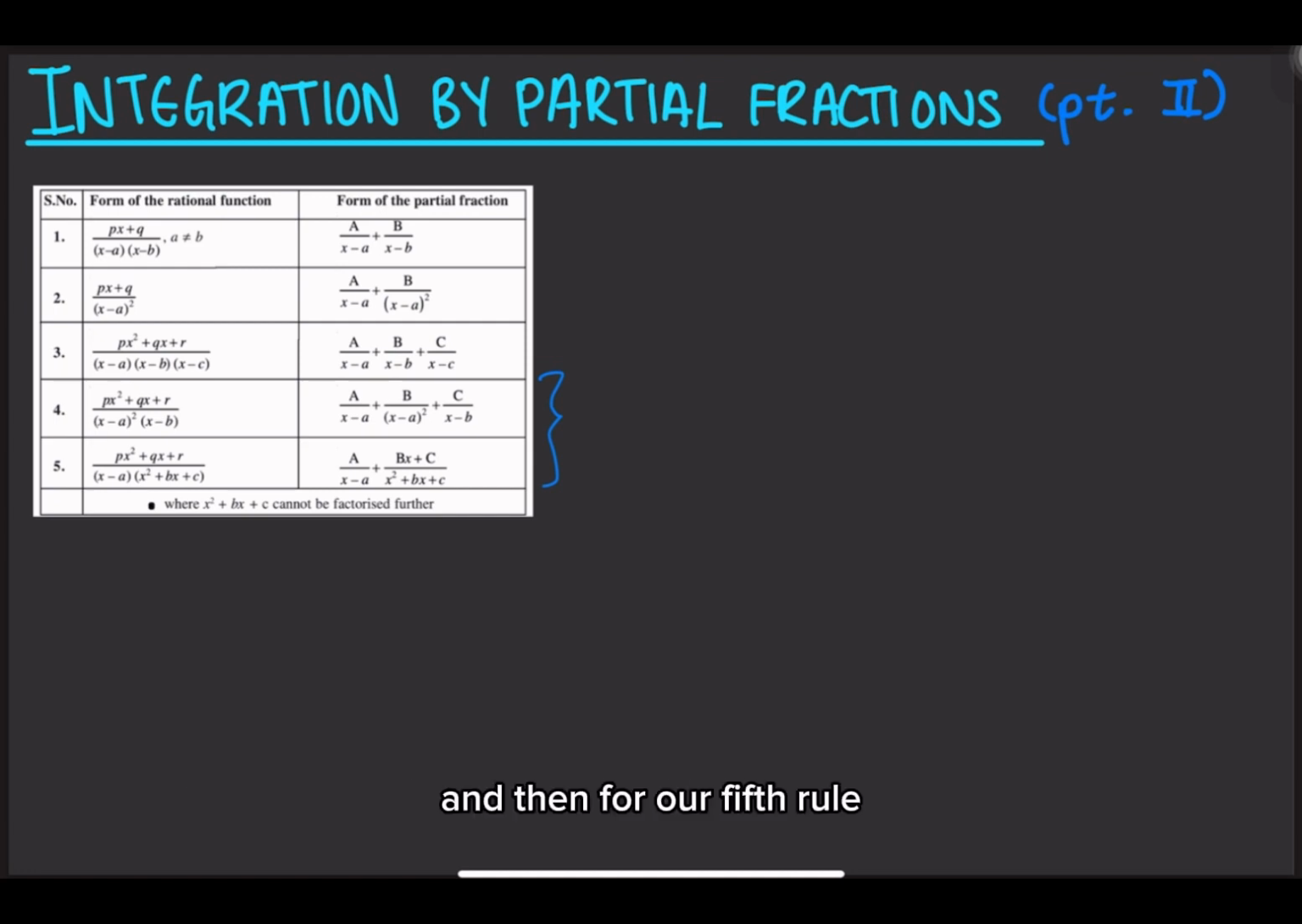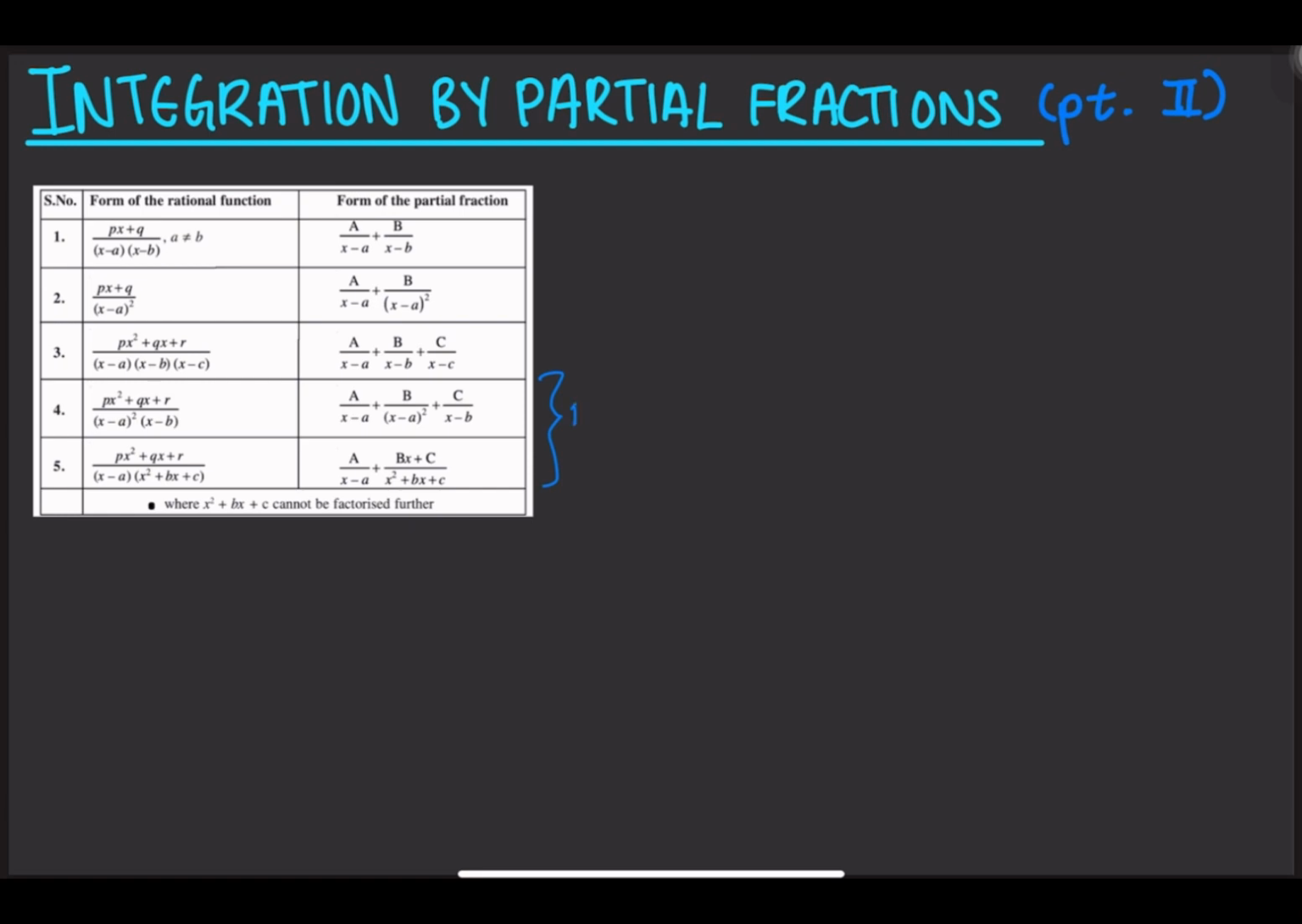And then for our fifth rule, which is that polynomial px squared plus qx plus r, and we have x minus a and another polynomial which we cannot factor, we must take the first unknown variable A divided by x minus a, plus an unknown Bx plus C divided by the x squared plus bx plus c, because always remember